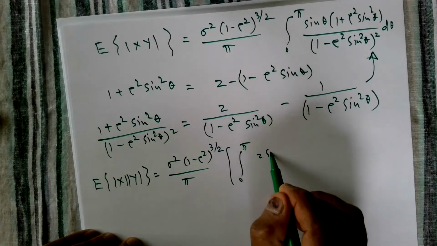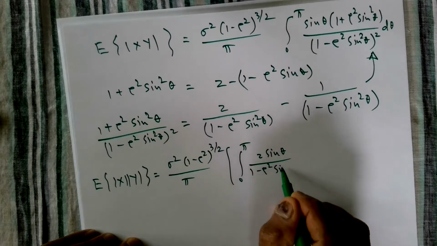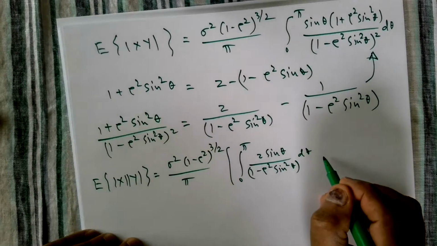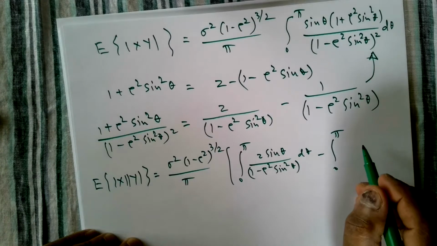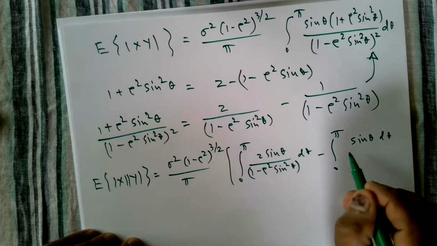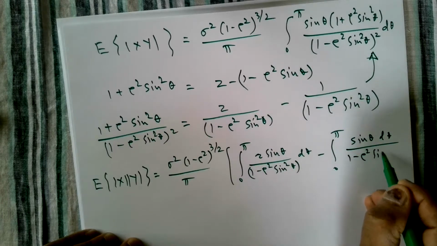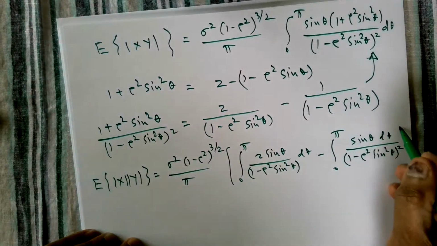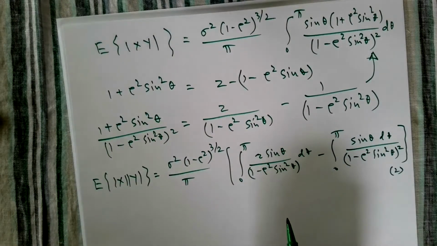You have 2 sine theta divided by 1 minus rho squared sine squared theta d theta, minus the integral from 0 to pi of sine theta d theta divided by, here there is a 2, 1 minus rho squared sine squared theta, the whole square. So we'll have to consider